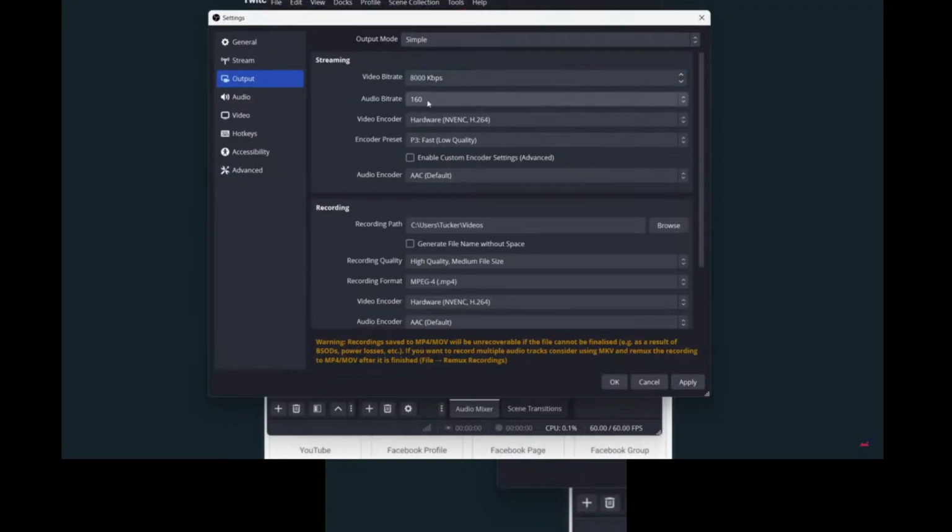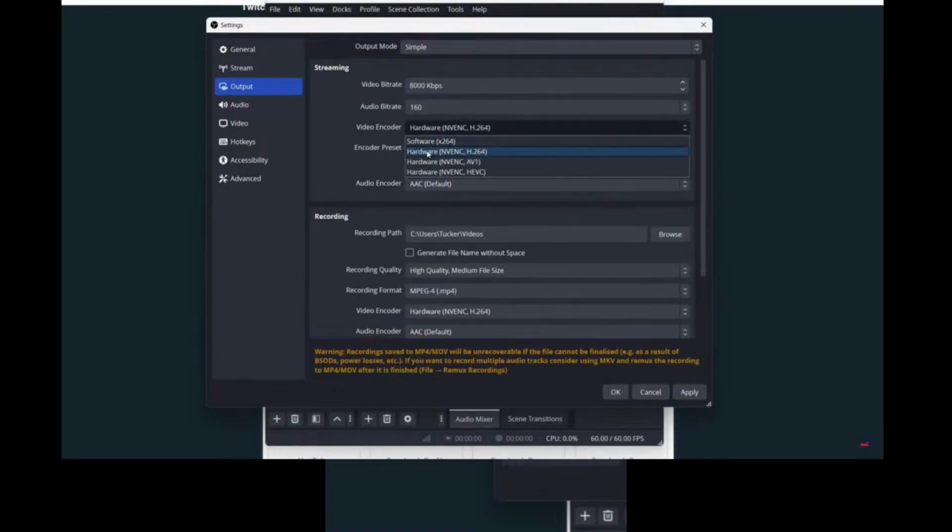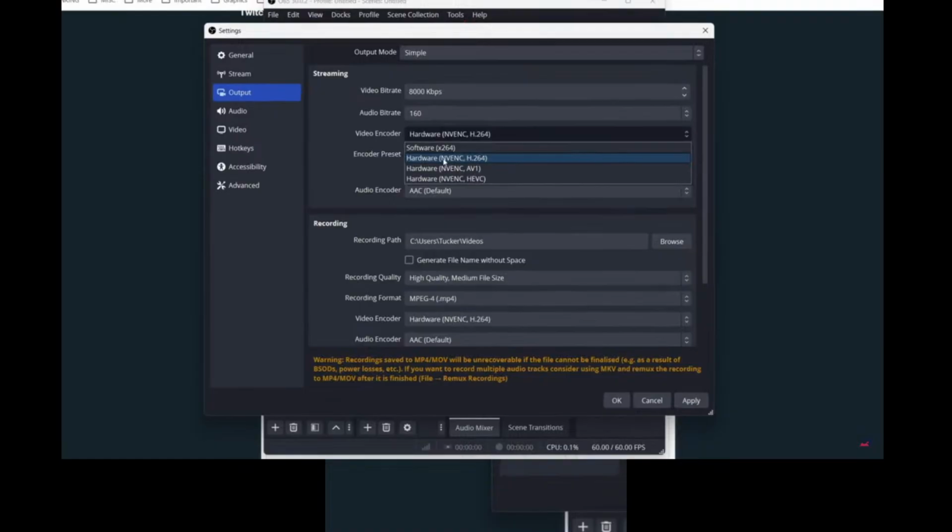For the bitrate, I'll leave that 160. For the encoder, if you've got a hardware encoder like NVENC, I'd go and use that. Otherwise, you